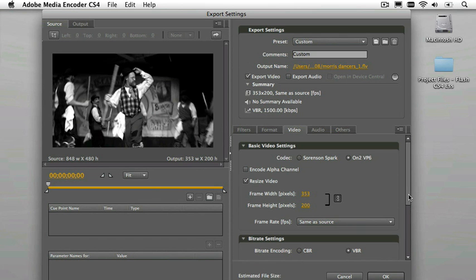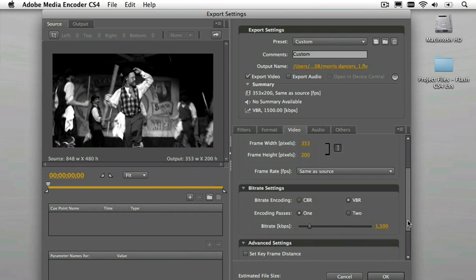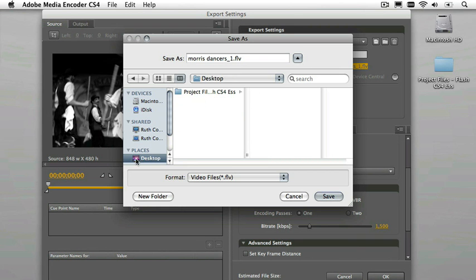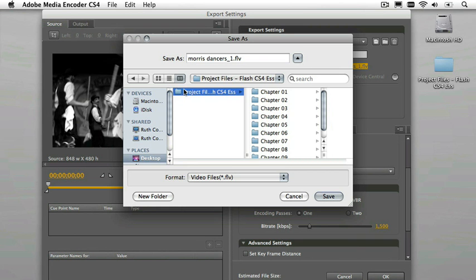We also have bitrate settings down below. And just like before, reducing the size of your video and then going after a lower bitrate will allow you to set up your video so it'll play on slower machines. For our example, I'm just going to leave these at the default settings. But I am going to change the output name, and more specifically the location. I'll just click on that panel, and we can navigate back over to our desktop, go to Project Files, and